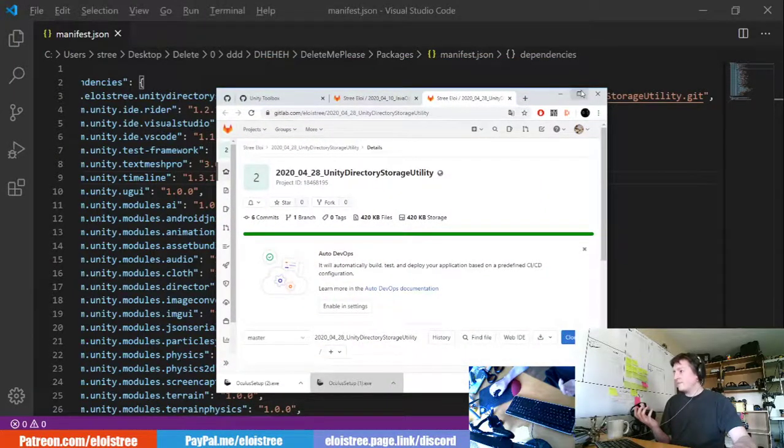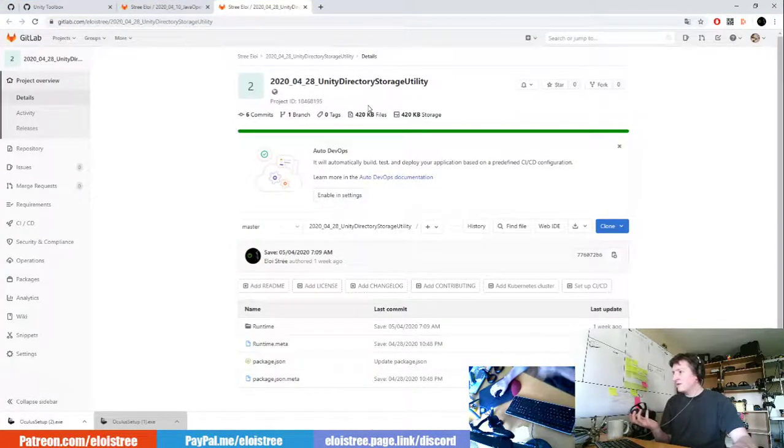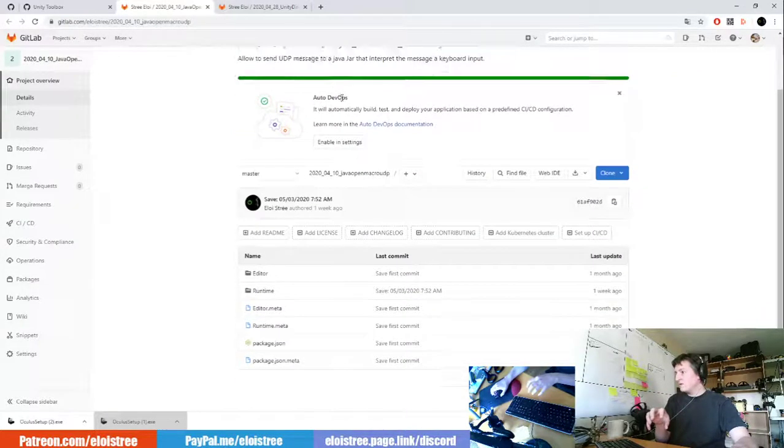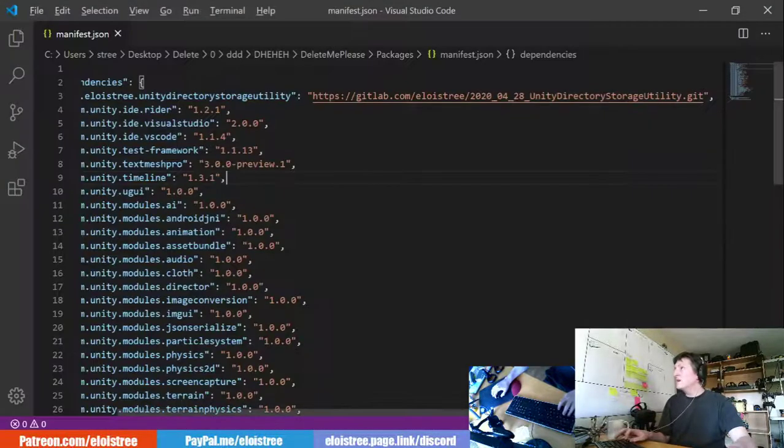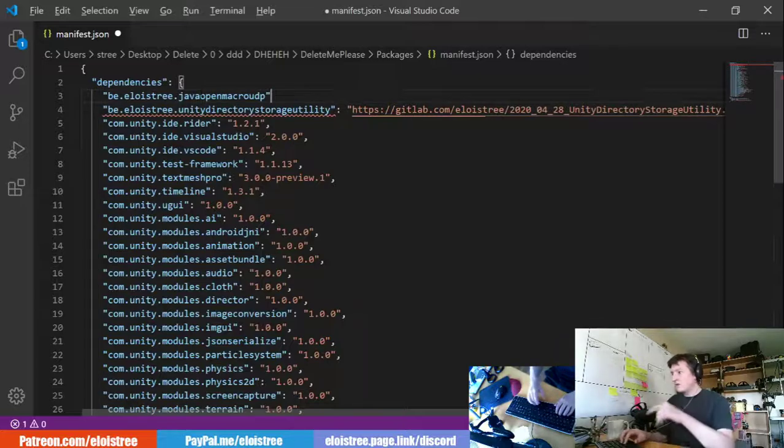For example, here I have downloaded this one with the UI, but if I want to do it manually with the other one, I will go to the package.json to know what name, what ID the tool has. So I will go over there and I will say I want to download this one.